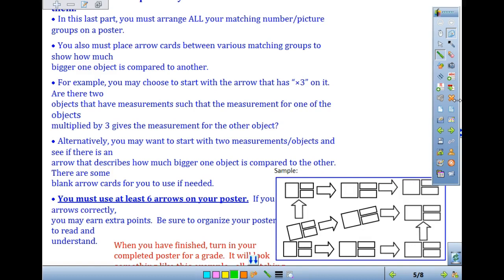What I'm going to do right now is hand out the rubric for you. When you take a look at that rubric, this is how you are going to be graded on this. This is going to be a test grade. It's actually going to be your first grade that will be on